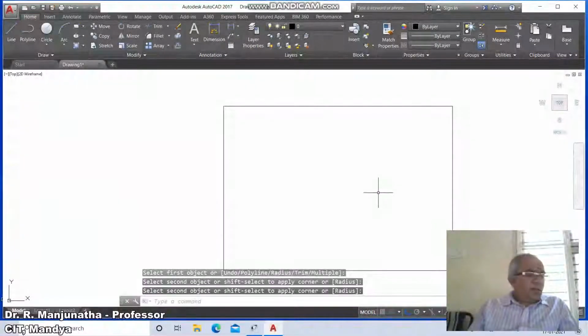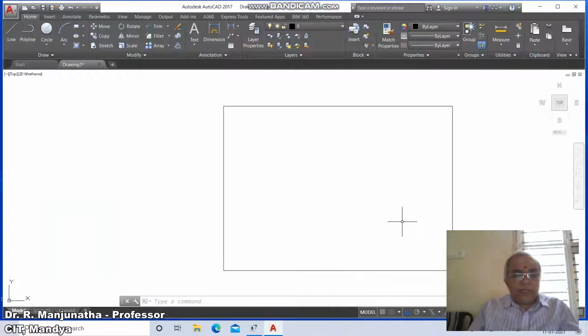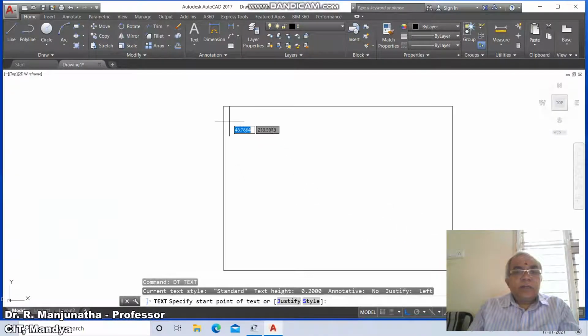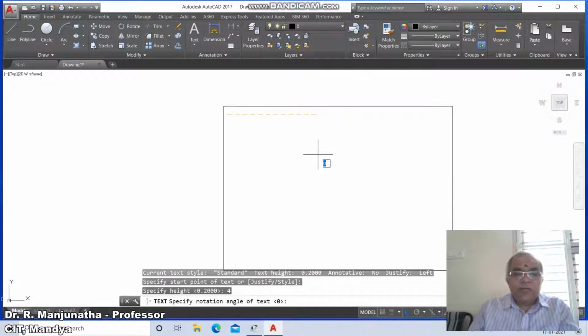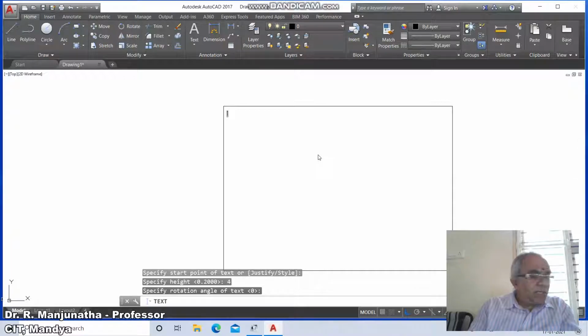Now once we do this, we are going to write the problem. So go to dtext, select this and specify height as 4, rotation angle as 0, and type: A point, problem number 9.